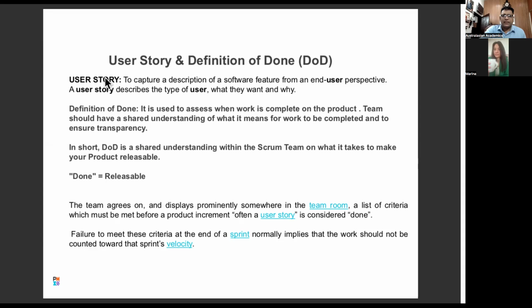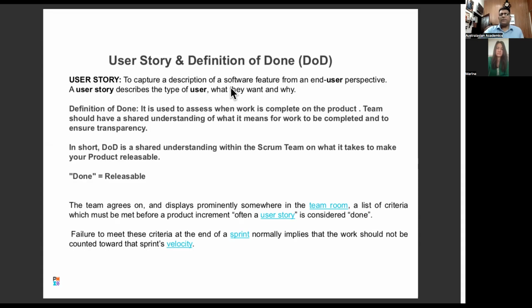User story is basically a feature. For example, Agile is mostly used in software development, in the IT sector. A lot of the teams are Agile. They specialize in what they do. They're not multi-shaped. They're not T-shaped. They're I-shaped teams, and they specialize. For example, you've got a programmer who is a hardcore programmer. You've got an AI data analyst who is a hardcore data analyst, right? So it's a software feature from the end user's perspective, right?